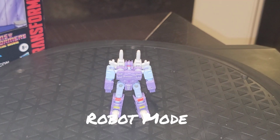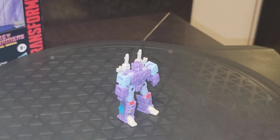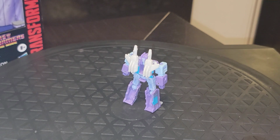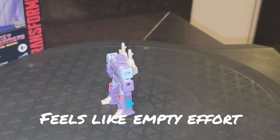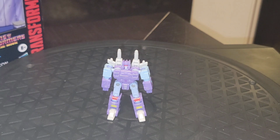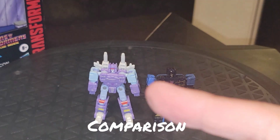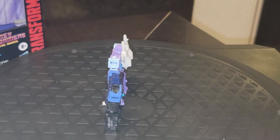And this is predominantly what we'll have it posed like most of the time when we don't have the pile drivers on there. And I can't help but to feel a little disappointed at this point. I was really looking forward to this when I first saw it. I thought for sure they'll add, you know, the stuff into it and right the wrongs. Done with this guy. There's Rumble from '86 movie with Siege Rumble, and you can clearly see that they did